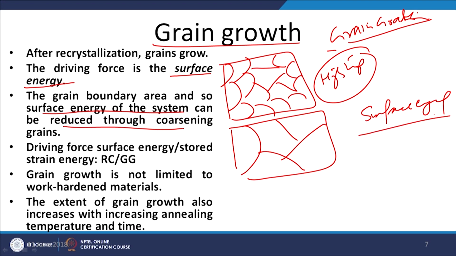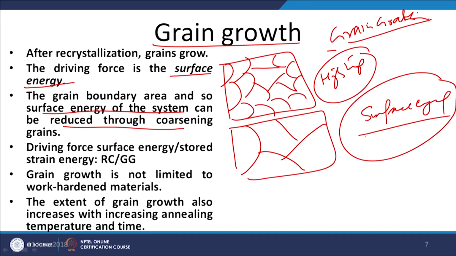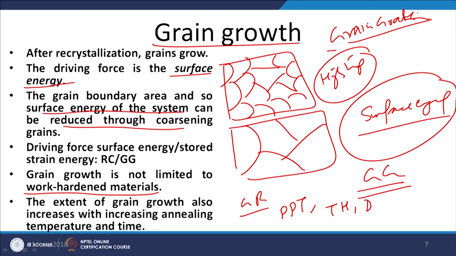So, any kind of metal system whenever given exposure to higher temperature, because of this driving force, the system tends to have the minimum possible surface energy, and it tends to realize that through the reduction of the grain boundary area, which is possible through the grain growth or the coarsening of the grain. And that is why the grain growth is not limited to the work hardened metal, but grain growth is observed in all types of metals, whether it is grain refined strengthened, or precipitation strengthened, or transformation hardened, dispersion hardened. So, in all kinds of metal systems, grain growth is observed because the driving force here is the surface